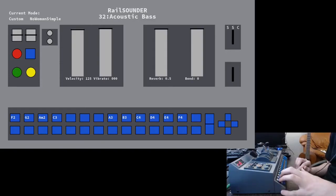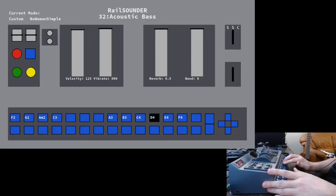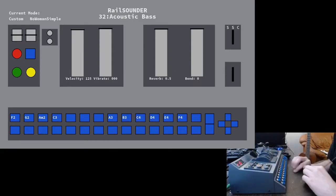So now I've set these up, the 4 buttons over here, to be the chords played by the left hand. Cool. And these left ones are the melodic notes played by the right hand, which are like...